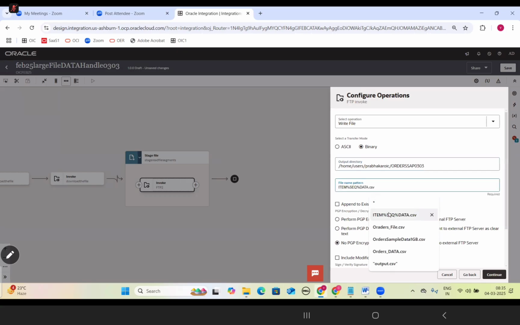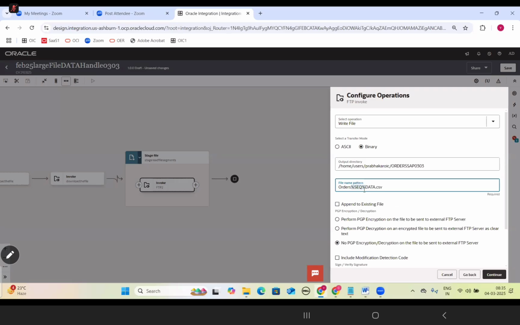Next is the file name pattern. I would like the file name to be orders data. Percentage SEQ is a keyword in OIC. So the first 2000 records will be orders 1 data dot CSV, the second 2000 records orders 2 data dot CSV, and like that they will be generated.